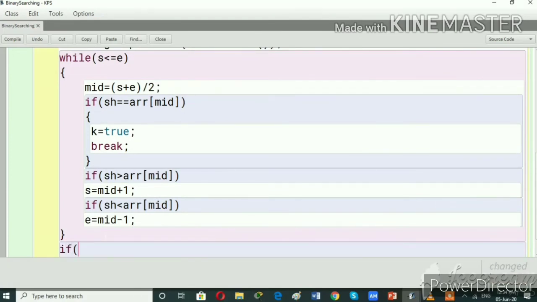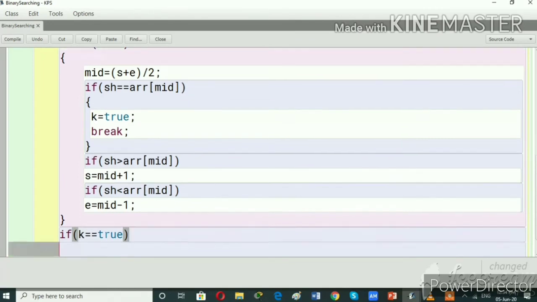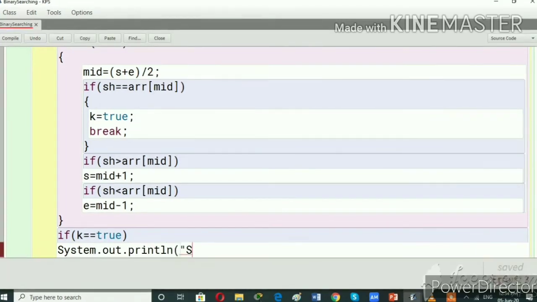If k is equal to true, that means we got the number. So System dot out dot print, the search number sh is successful.